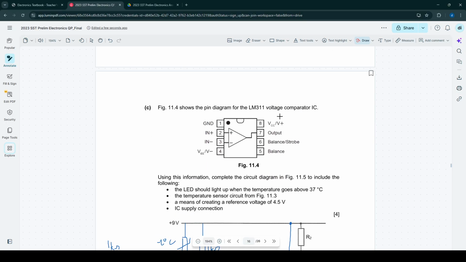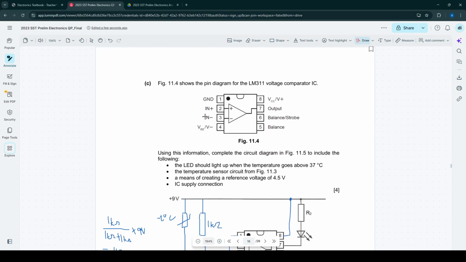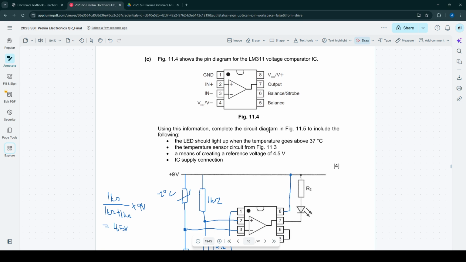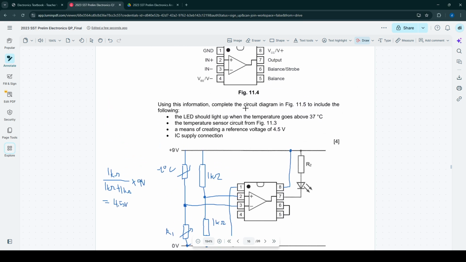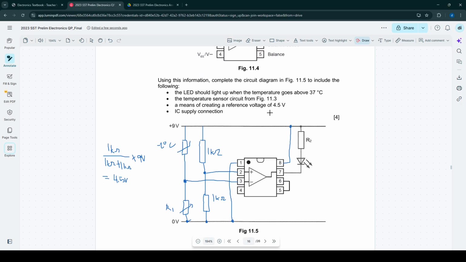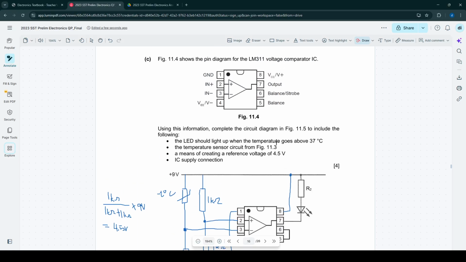It's just a pin diagram of a voltage comparator. Using this info, complete this circuit diagram. LED should light up when the temperature goes above 37. Temperature sensor circuit from 11.3, which is the voltage divider. A means of creating a reference voltage of 4.5 volts. IC supply connection. I mean, no freaking crap, right? Okay, so